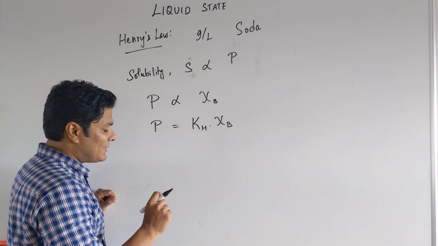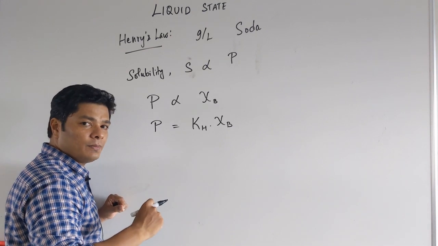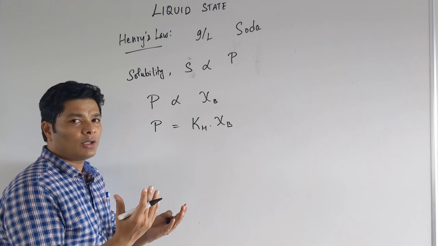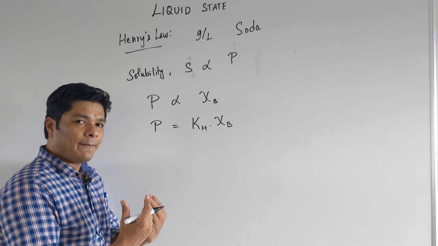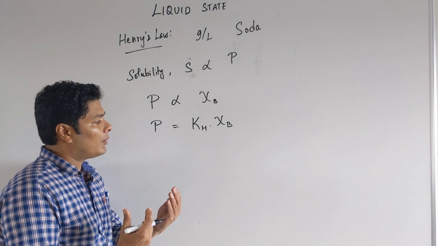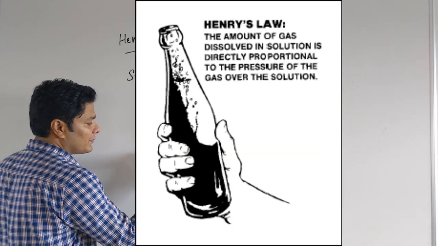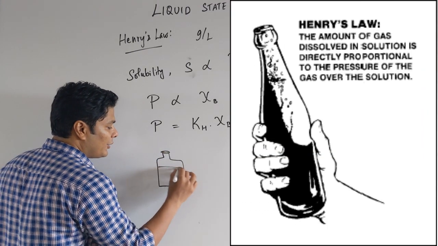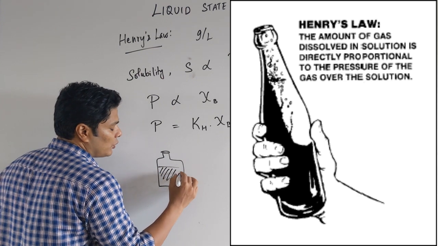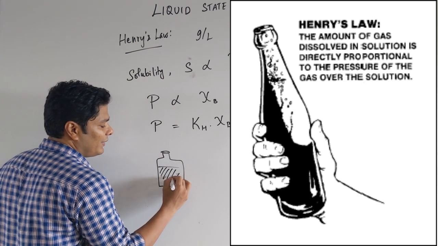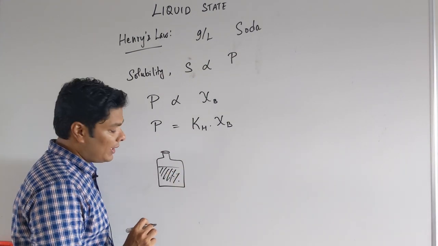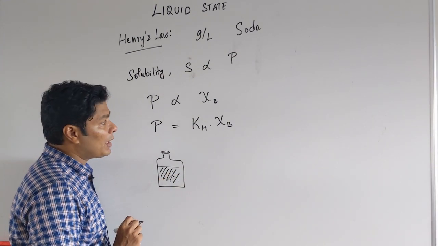What happens is, let us say for example, at a given pressure, at your room you have a soda bottle. It is a normal day, the day begins. Let us draw this. For example, this is a bottle and the cap is there, and you have your soda in there, and this is free space. So, we have our gas molecules here. How much is inside? This will depend on temperature.